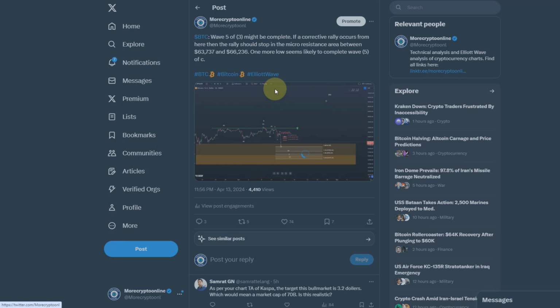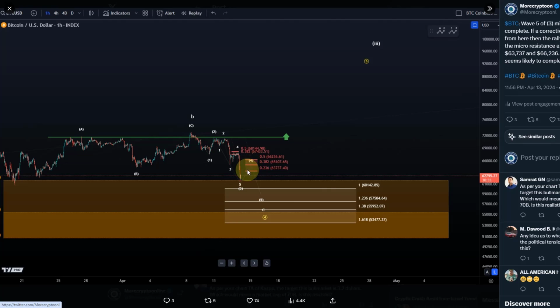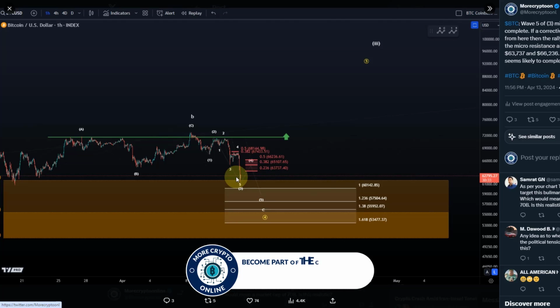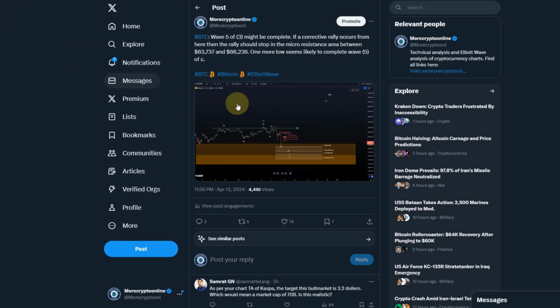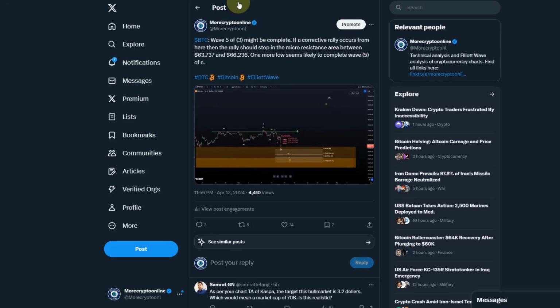I highlighted that wave 5 of 3 might be complete, which was this low point here when the price reached the 23.6 Fibonacci retracement. If a corrective rally occurs from here, then the rally should stop in the micro resistance area between 63,730 and 66,230. One more low seems likely to complete wave 5 of C. So basically what it means is, if the rally is corrective...